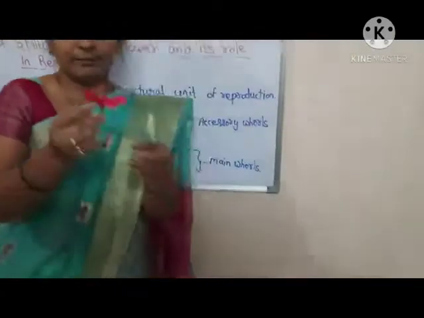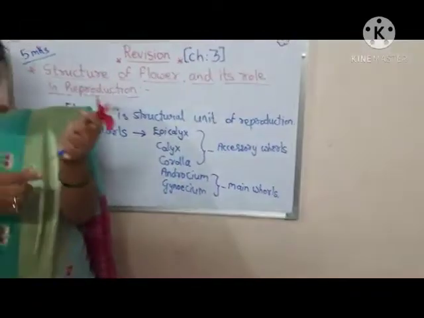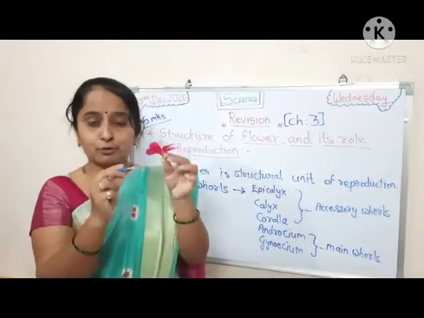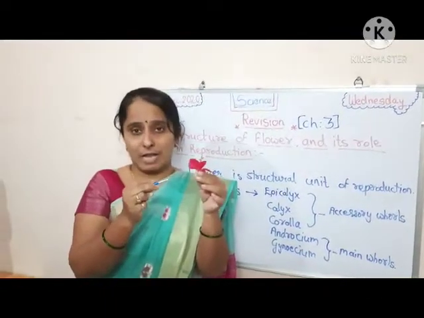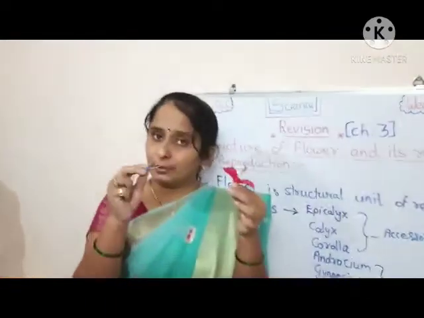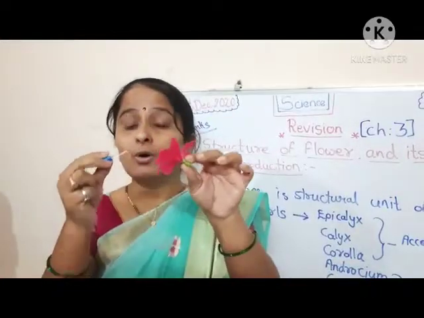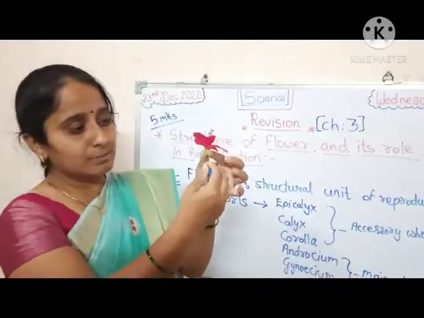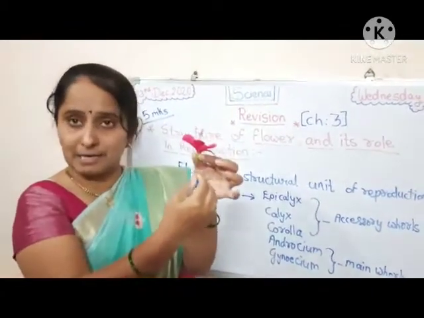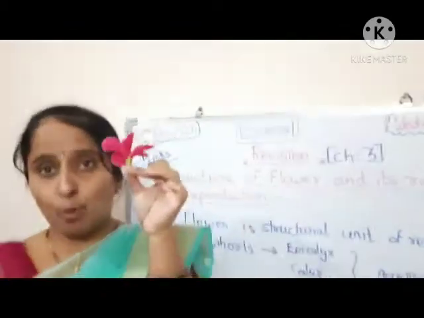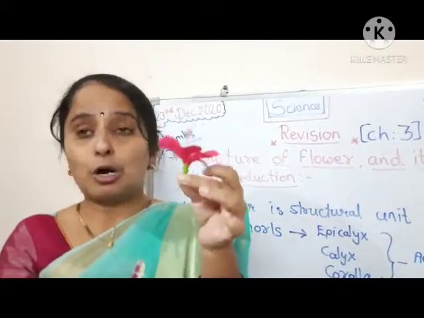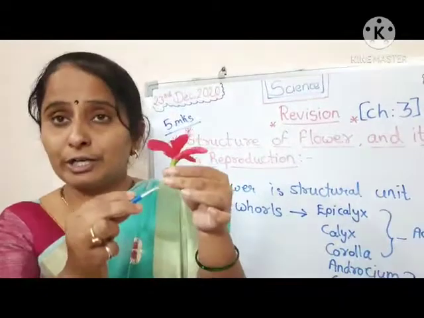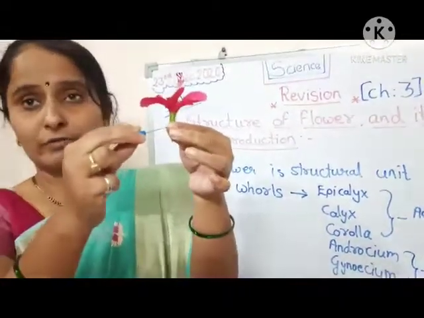Understand it carefully. Now see students, I am having this one pen with the help of which I am going to show you the parts of the flower. Okay. During practical you need to do dissection of the flower also. Now this part, the green color stem-like part where we hold the flower, is called the pedicel. We have not included it in the whole of the flower.